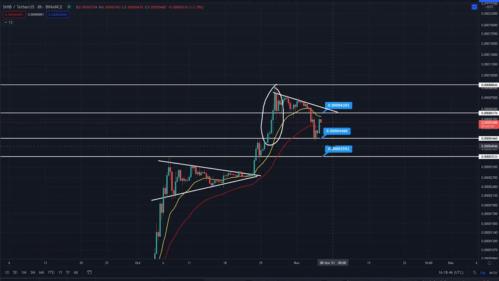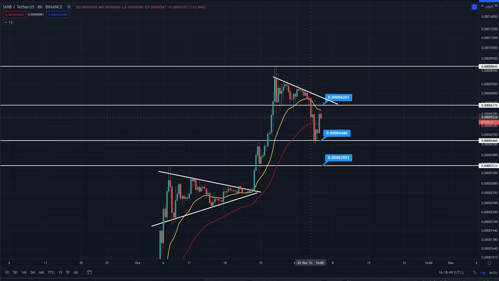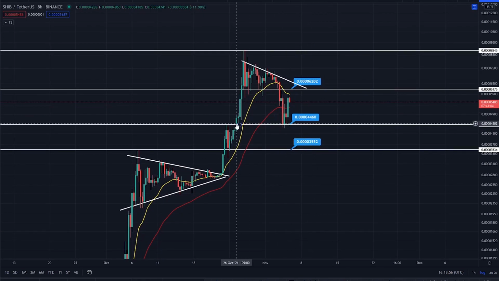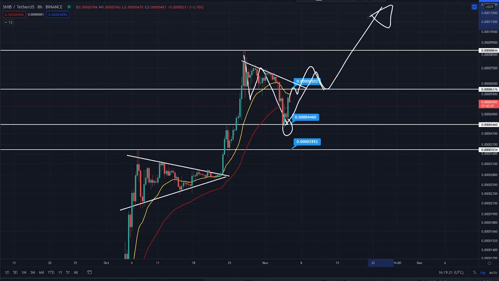But right now, Shib has found a key level of support, which is amazing. So right now, potentially, this could continue. I know a lot of YouTubers and technical analysts are saying this is going to crash and go to zero, but for me, you've bounced off a key level of support right here for Shib. Now if you continue to hold this support, this is really, really good for Shib, because at the moment on the 8-hourly time frame, you can see you're consolidating between the EMAs. So if you start to get back above this 20 on the 8-hour and come back up above this trend line, potentially you're putting in a whopping A, B, and C correction, and you're looking for continuation right there in this particular project.